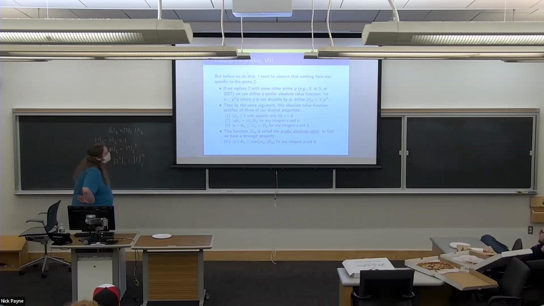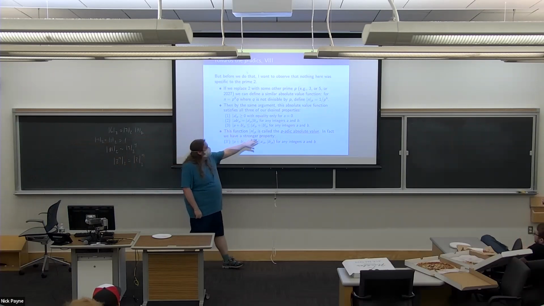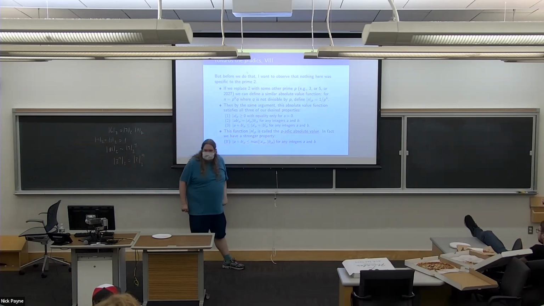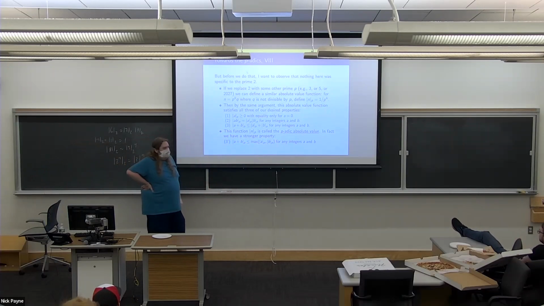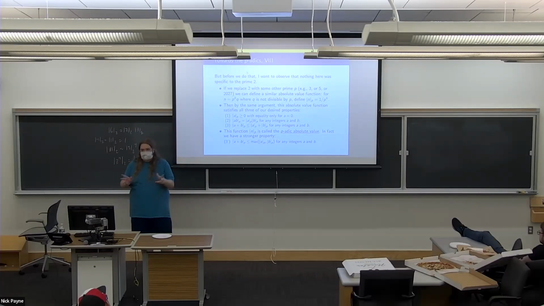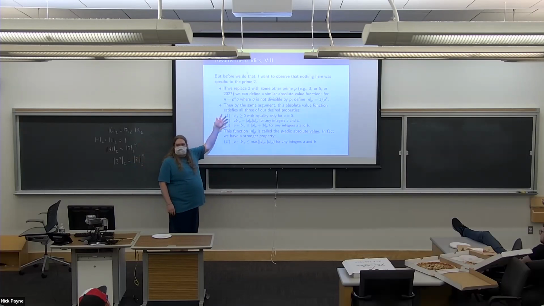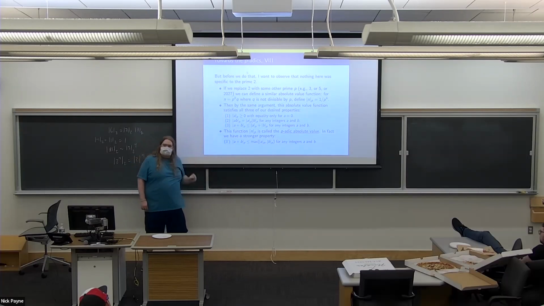Yes. Okay. All right, but the point is I can write down a similar p-adic absolute value. I finally will tell you the name of this thing: the p-adic absolute value. For p it gives the value 1 over p, and at all the other primes it's 1. The idea is that in some sense it pulls out the information with respect to just that prime p and ignores everything else. And so by the same exact proof that I gave, if you just put p in place of 2 everywhere, then you get all of these nice absolute value properties.